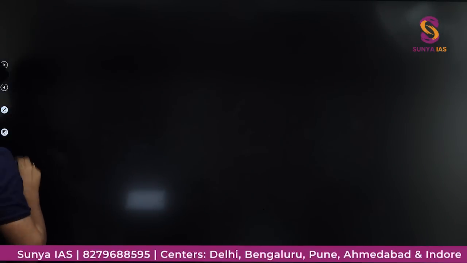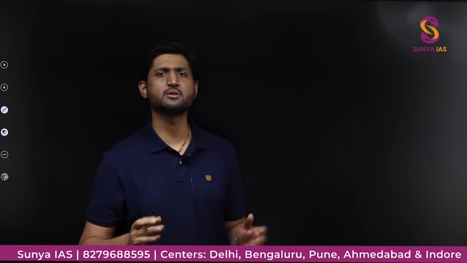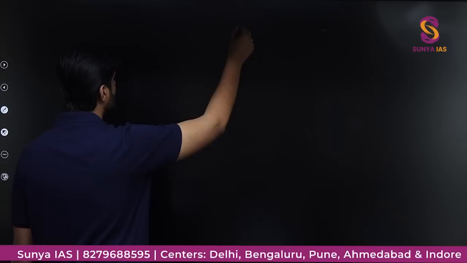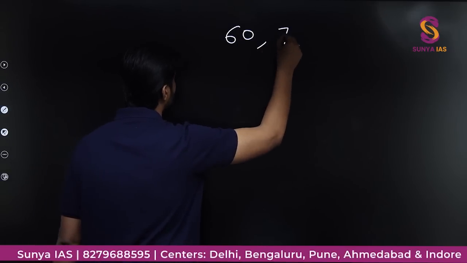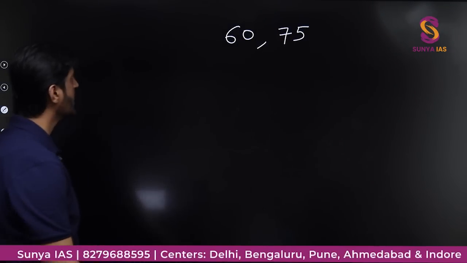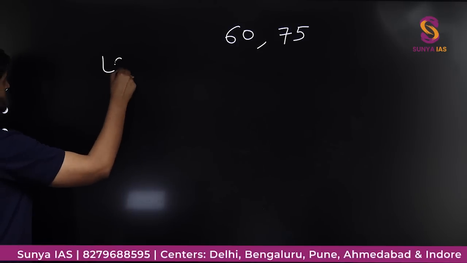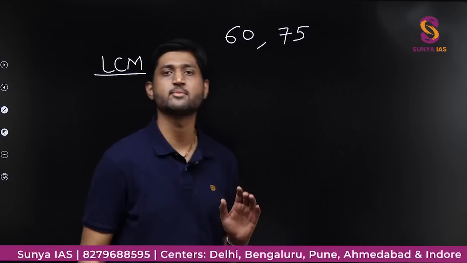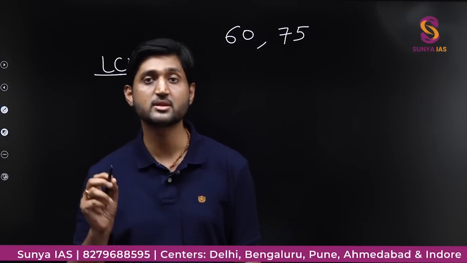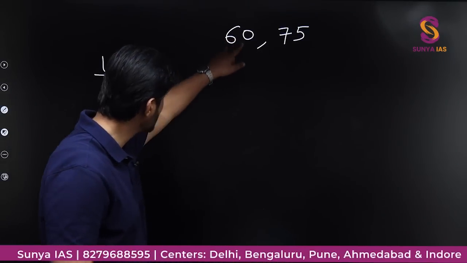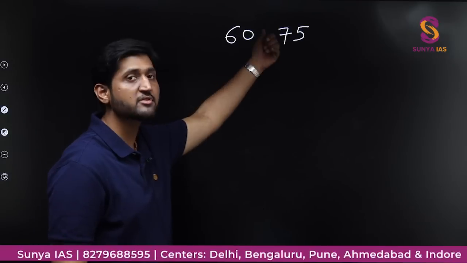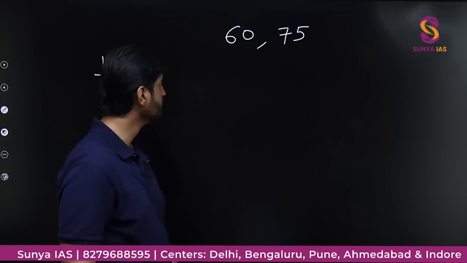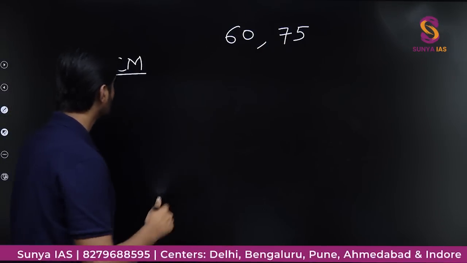Before we start, we will talk about the basics of LCM and HCF. It is very simple. There is nothing great about HCF and LCM. Suppose you have two numbers. Let's say you have 60 and you have 75. If I ask you to find the LCM of these numbers, what is LCM? LCM is the least common multiple. LCM would be such a number which will lie in the table of 60 and also in the table of 75. To give an example,